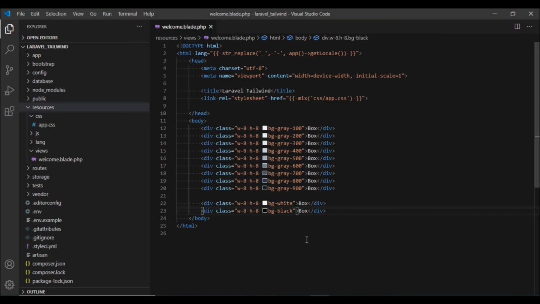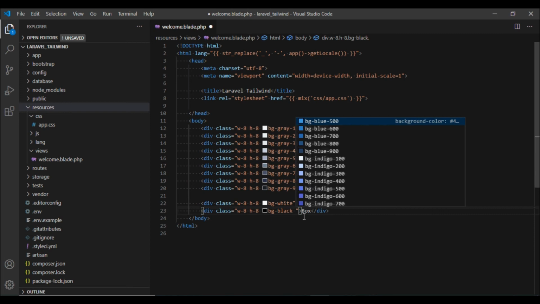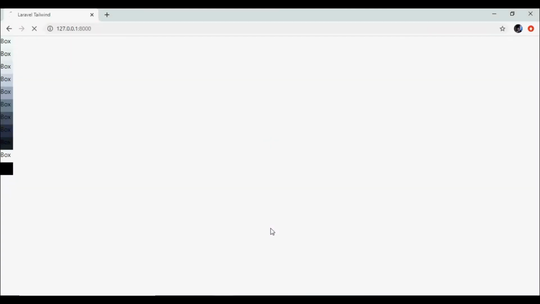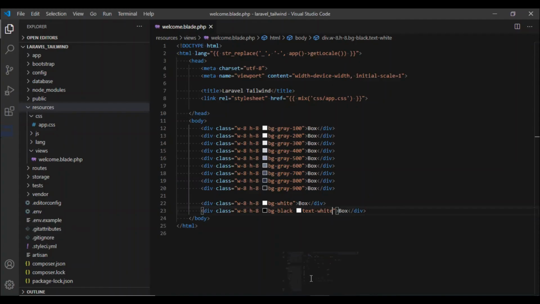Same way as we have specified the background color using the bg classes, we can also specify the text color using this same syntax. Just instead of bg hyphen, we need to use text hyphen, and then we can use the same syntax. So if I give it a white, this one will have a white color, and we can do various things.